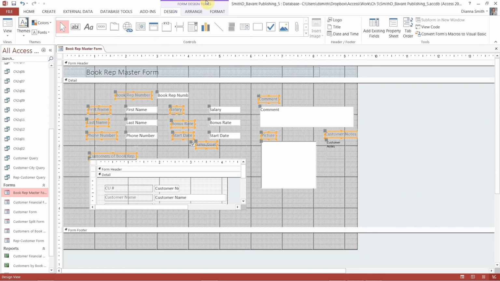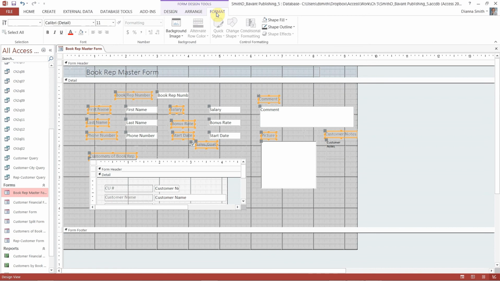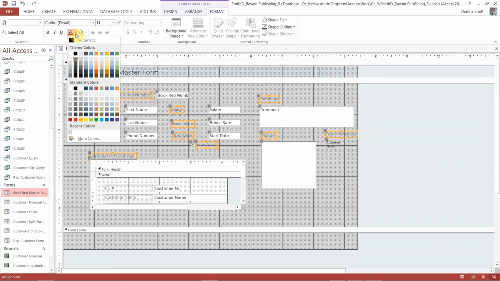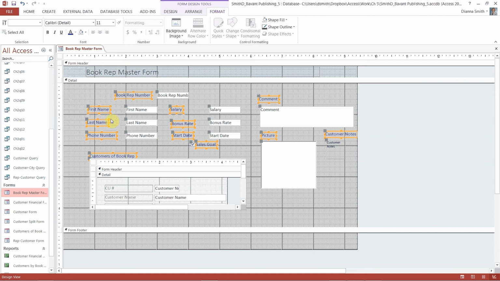go to the Form Design Tools and the Format tab, so come here, and then we want to change the color in the font color so it looks like what we're used to. We're going to click on the font color, and we want to change that to blue, and it looks like in the book that is the blue. Click the blue color in the second position from the right, and it's pointing at that. So we'll take this one, it's really the dark blue,